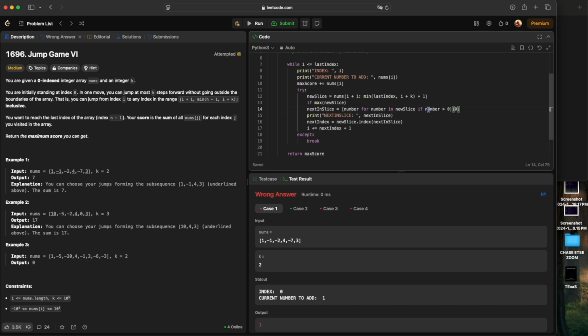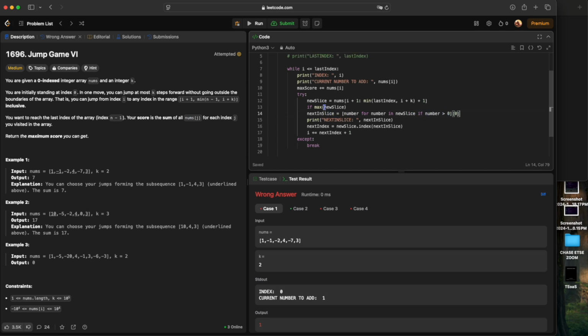I could just go ahead and grab the first item that was positive. Now, if max of new slice is not positive, then I'll just have to grab the max, and that will be that. So if max of new slice is greater than 0,